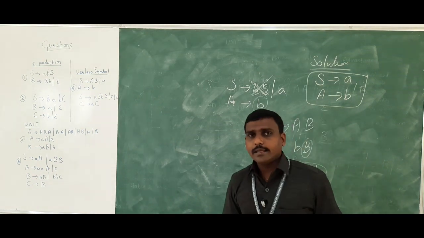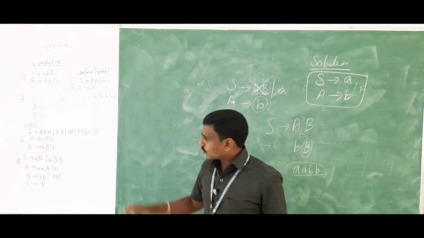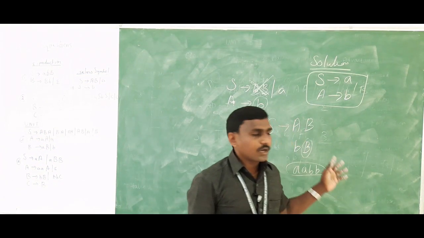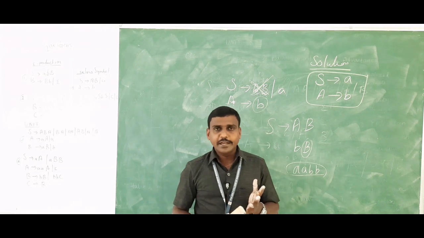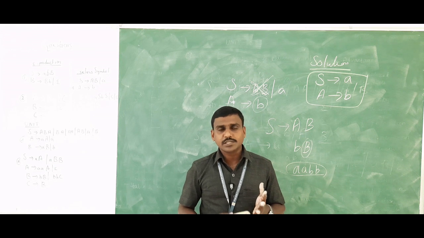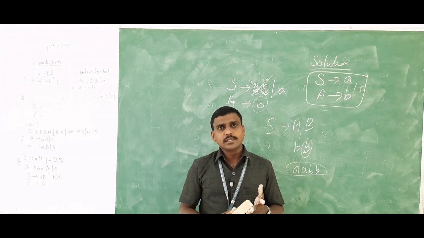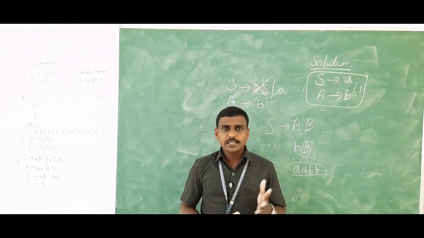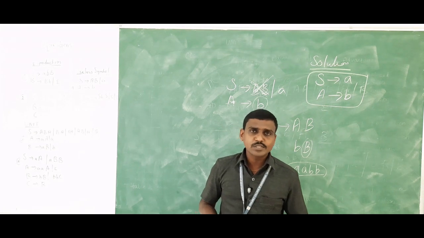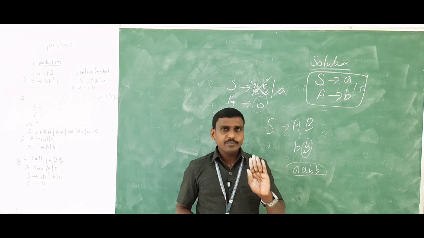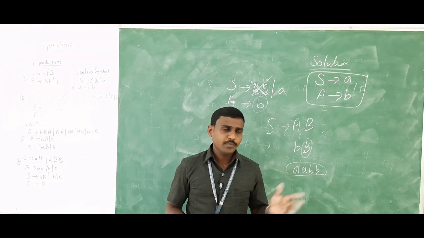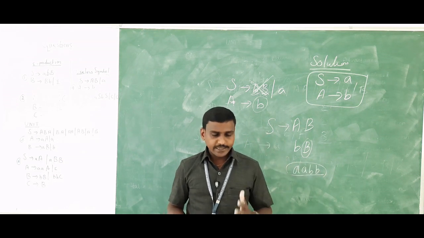Clear? Okay. So in this video class, I taught you the three ways of eliminating from the grammar: eliminating unit production, epsilon production, and useless symbols. How to eliminate epsilon production? You have to find which variable has an epsilon production, and you substitute that variable with epsilon, that means empty. You hide that particular variable and you write. That is the first concept I explained to you.